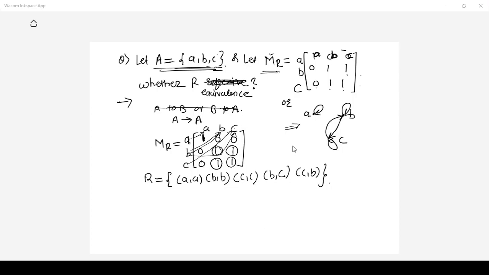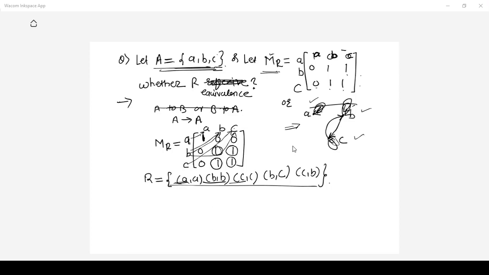Now let us look at the graphical way of representing the same relation, right? So now look at the relation R, right? So three elements in the set: A, B, C. So take three elements A, B, and C. Okay. Now first pair A comma A, A is related to A, you can write. Okay. Then second pair B comma B, then B is related to B. This way. Okay. Then next C related to C. C is related to C, right?